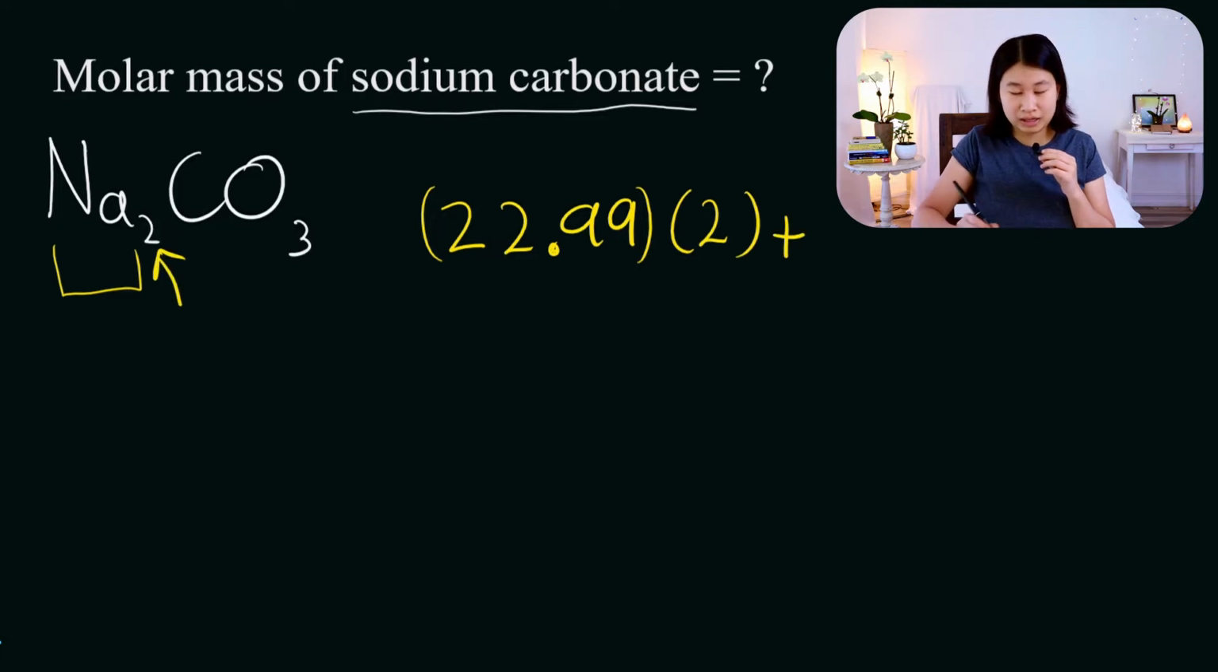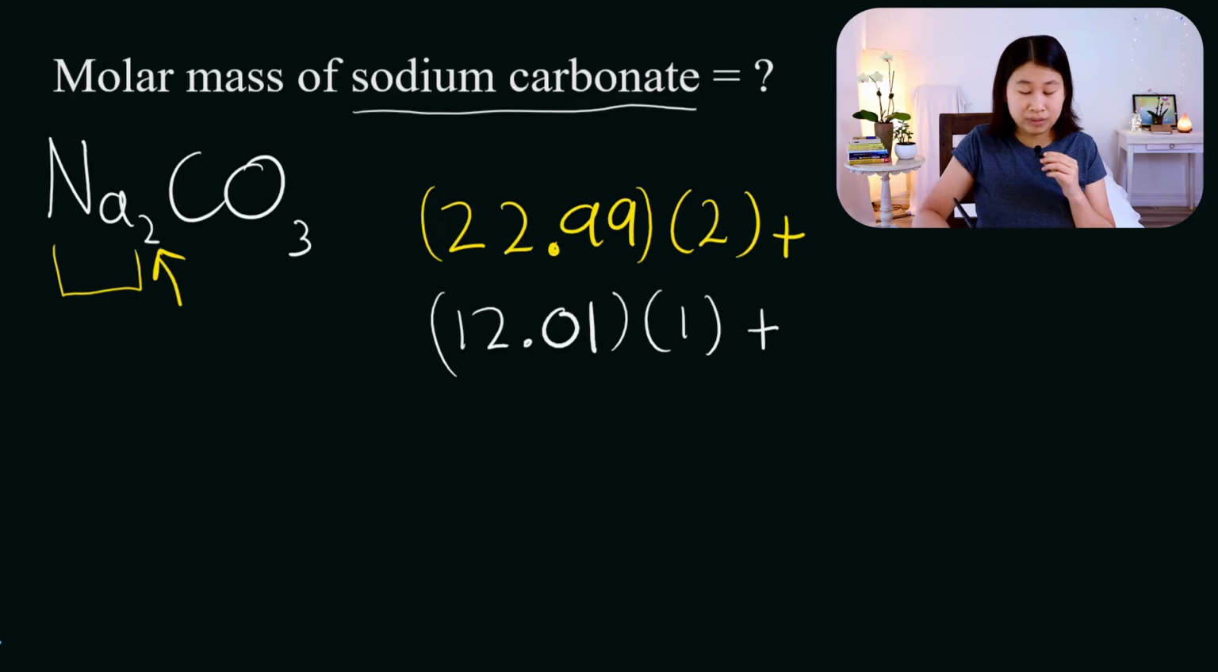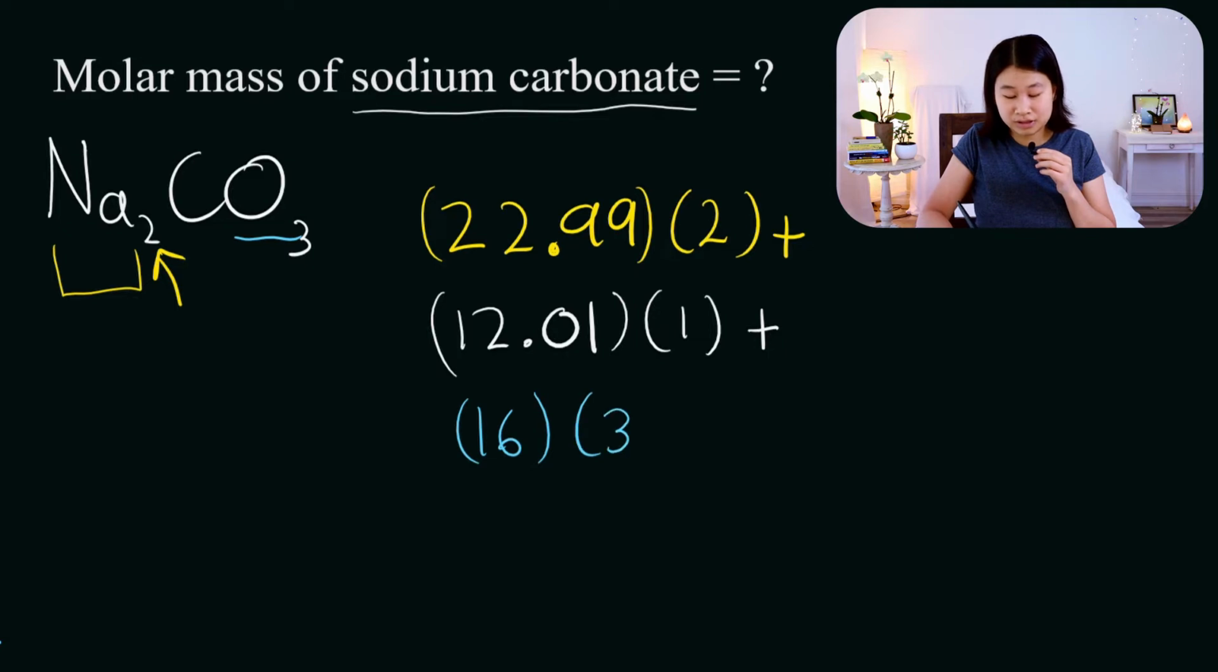So we have our first element done. Next, we're going to add in the weight of 1 carbon atom. So looking at the periodic table, we see that carbon has an atomic mass of 12.01, and there is just 1 carbon, so we can just multiply this number by 1, okay? And then we're going to add our mass of 3 oxygens. Oxygen has an atomic mass of 16. We will multiply 16 times 3, because there are 3 oxygens. When you do 22.99 times 2 plus 12.01 times 1 plus 16 times 3, you're going to get